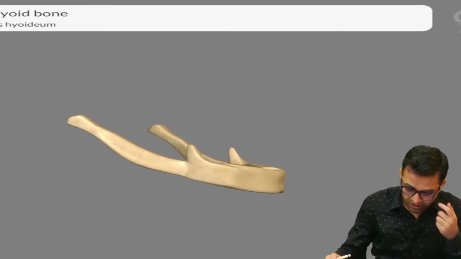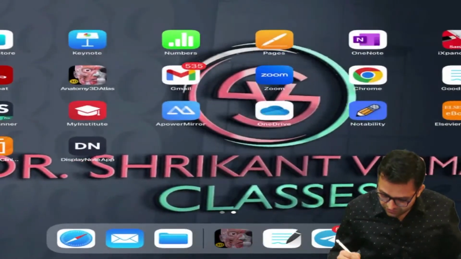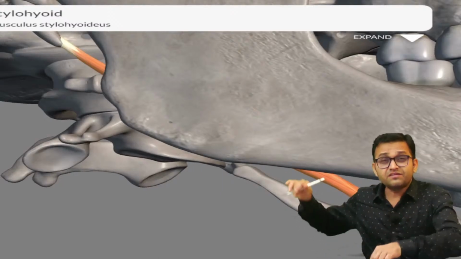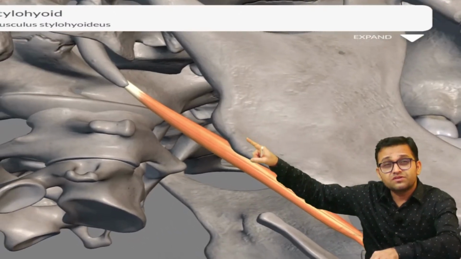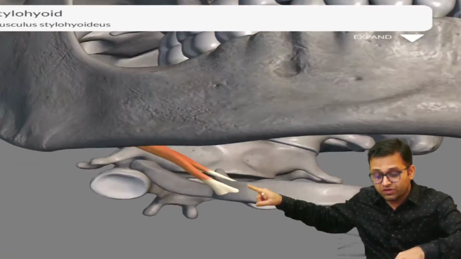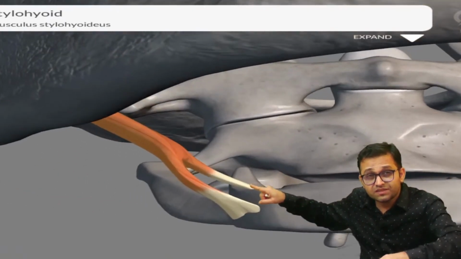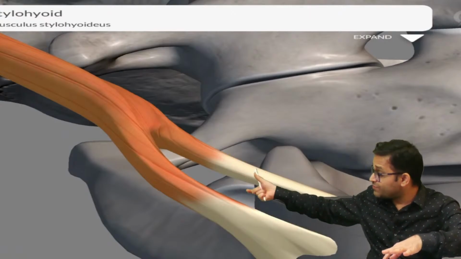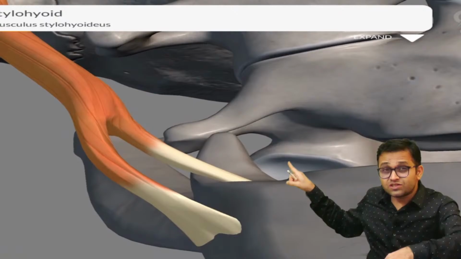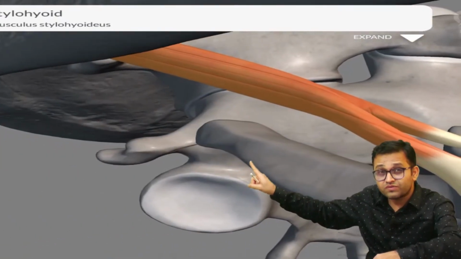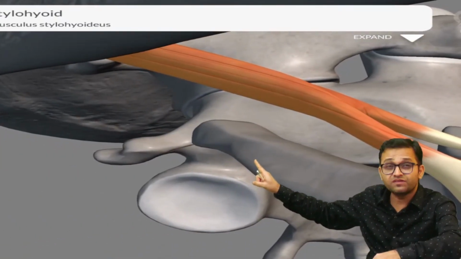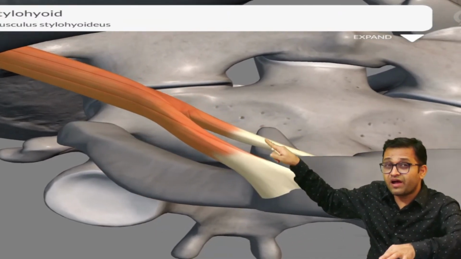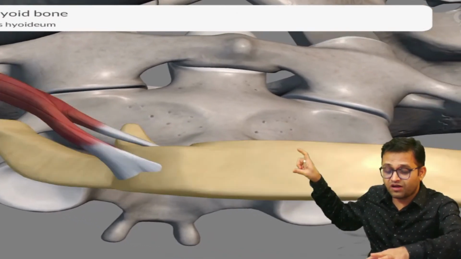Okay, sir. Now, catch this one. When the muscle is coming from the styloid process and reaching the hyoid bone, near the hyoid bone, can you see it is bifurcating? Yes, 1 and 2, and in between them there is a gap. Here is the lesser cornu, and that is the greater cornu. Look at the tip of my index finger. This is the bifurcated opening, and this is the hyoid bone.